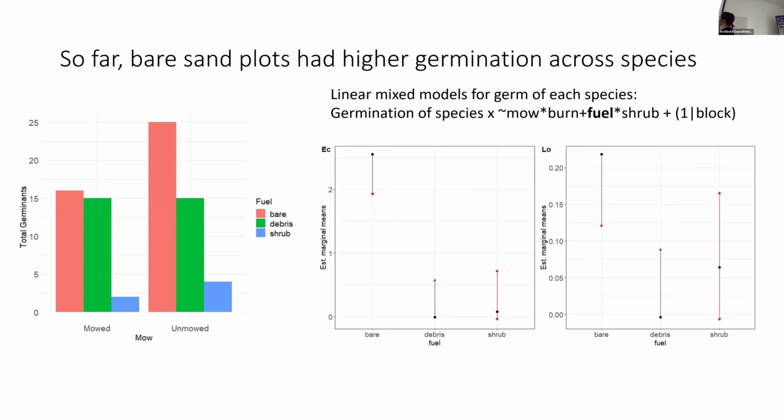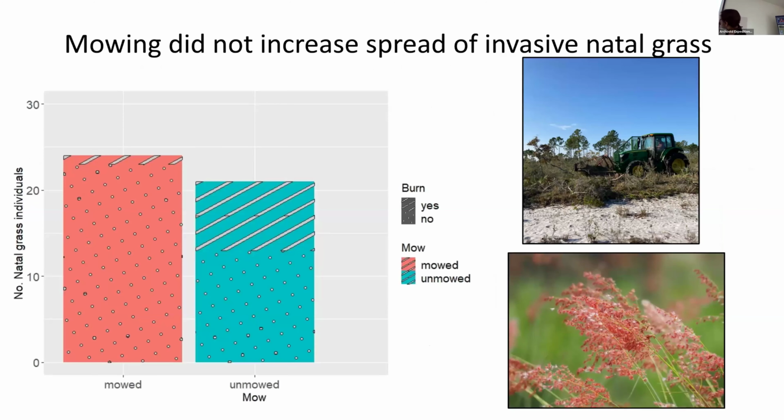But that's to say maybe the reason for this is because all those bare sand plots perhaps received less fire, so weren't scorched as heavily, and we're going to see germination, but it's just taking some time. I'm sure some of the legendary plant people with us could also hypothesize about that. But this is an ongoing experiment, and oh yeah, it's this other result that we happened to take data for